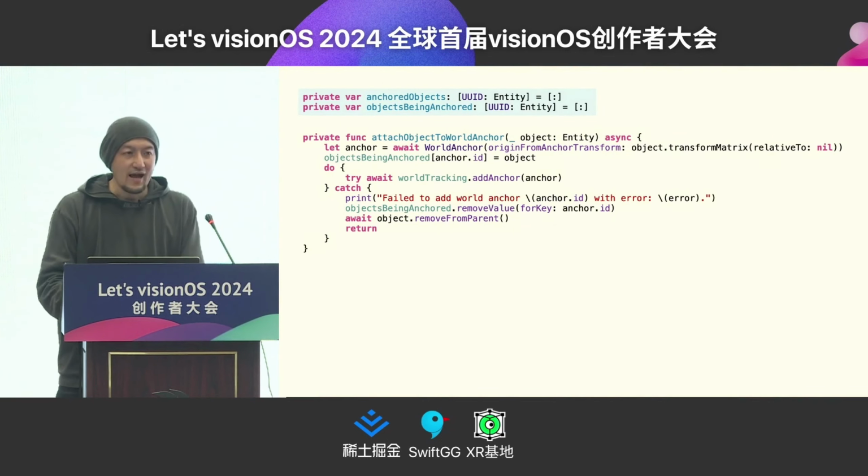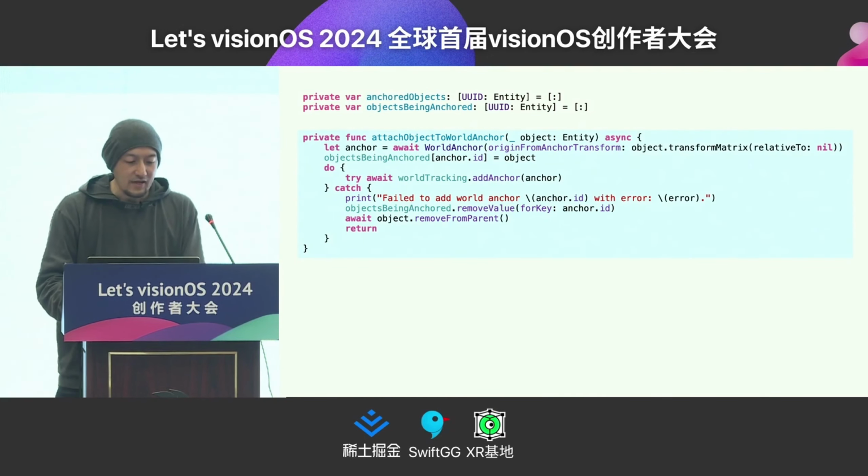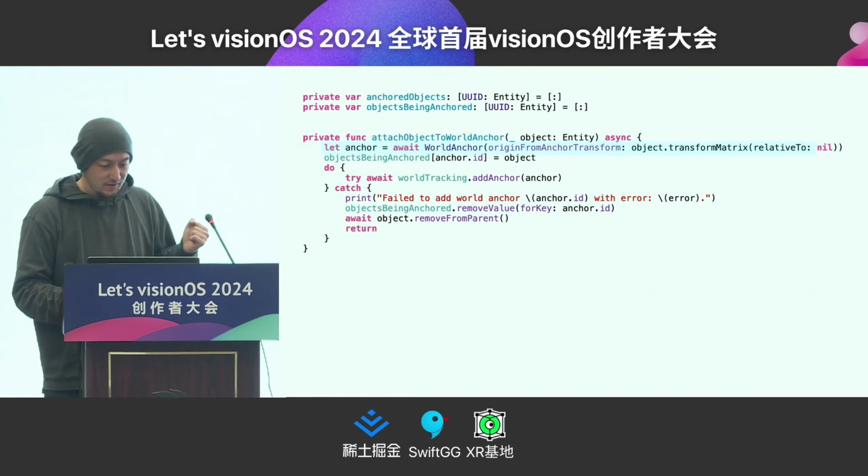And there are some manners associated with World Anchor. Within the ViewModel, I added two arrays. One is anchored objects, and the other is objects being anchored, which is a temporary location for keeping the information. I added an attach object to world anchor function. The world anchor is created first.